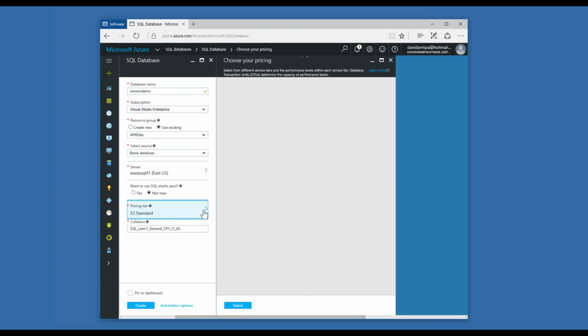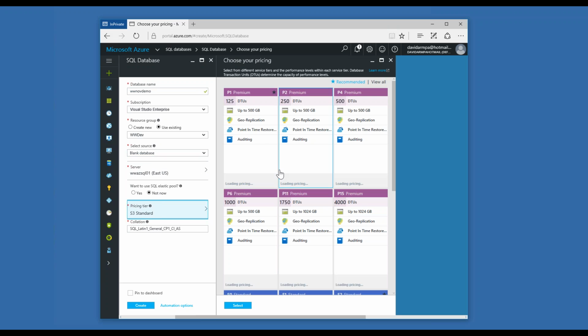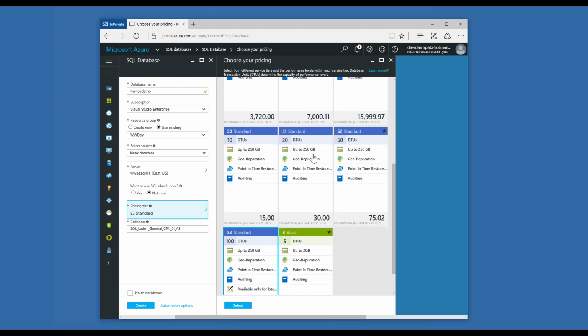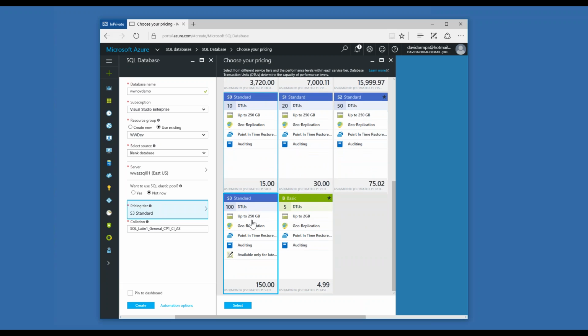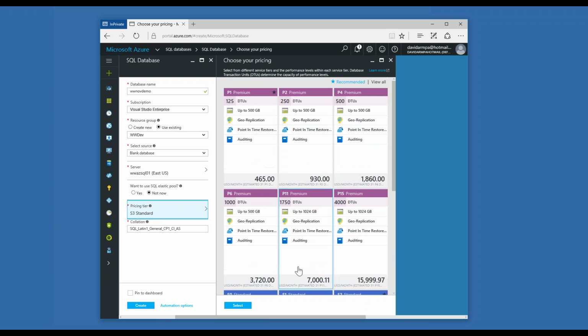And here we are selecting the different pricing. We had talked about this. You can see here where Microsoft is highlighting their more expensive databases, but if you look through here, you can set up your first basic database for 15 bucks a month. That's not too bad. And even better is $5 a month. So it's not very expensive to start your own SQL database.